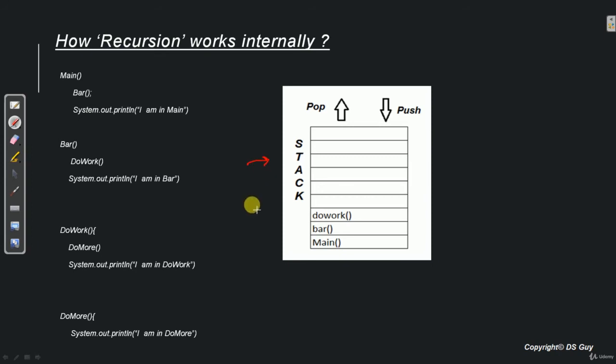Now as we have already learned in stack chapter that anything which comes in the stack is called as push and anything going out from stack is called pop. Also, we know that stack follows LIFO method, that is last in first out. So whatever thing comes in the stack last goes out from the stack first.